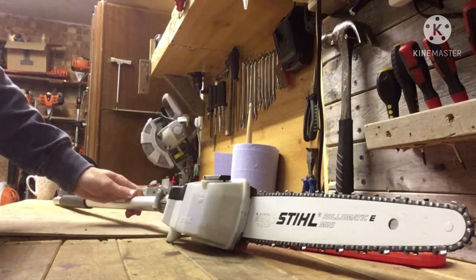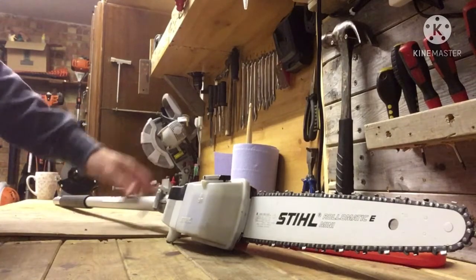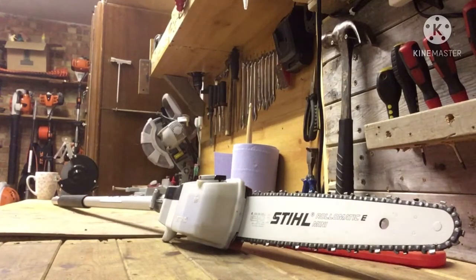So as you know, I've got the STIHL combi system, so it was pretty obvious to just go for the pole pruner for that. I've used it probably 5 or 6 times now, on some different trees. I've done a couple of hedge reductions with it on some thicker privet branches. I pruned our apple tree with it, and cut back a pittosporum with it as well. Did quite a hard cut back. I haven't used it to cut any small trees down yet, but